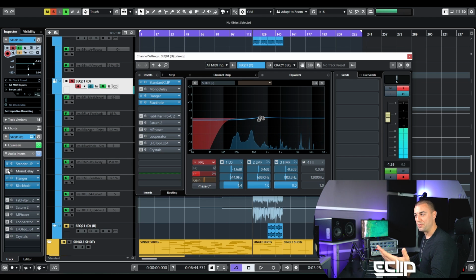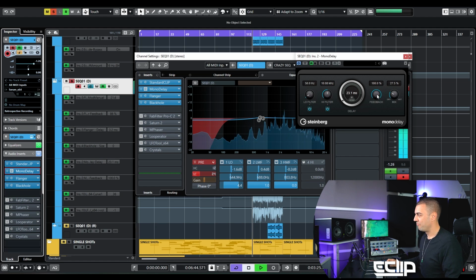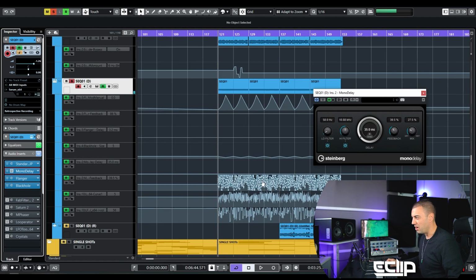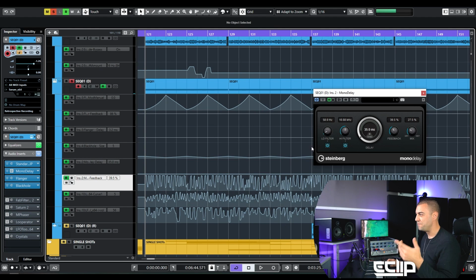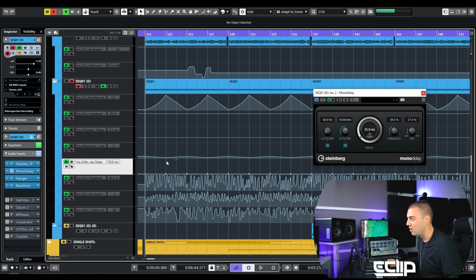So this is a flanger with a reverb, and then I use a delay. What I did on the delay is I set the dry and wet. I have automated a ton of the feedback, as you can see over here. So feedback is going all the way up and down. And I have also created automation of the delay time, which is over here, but you cannot see it